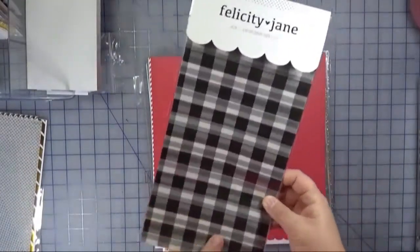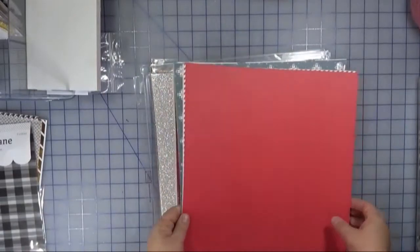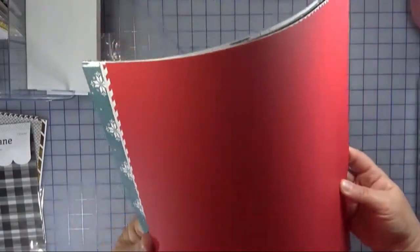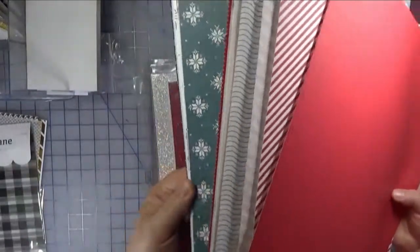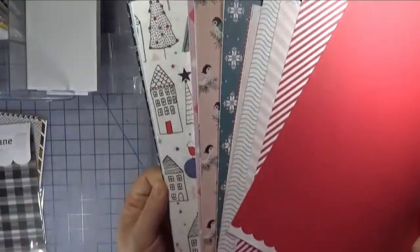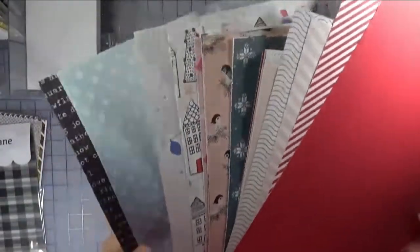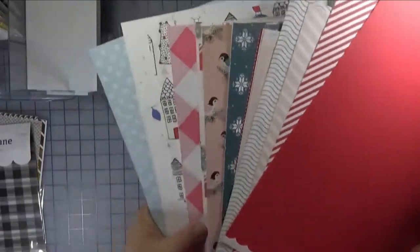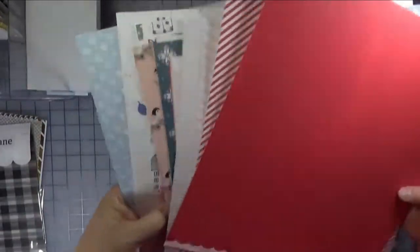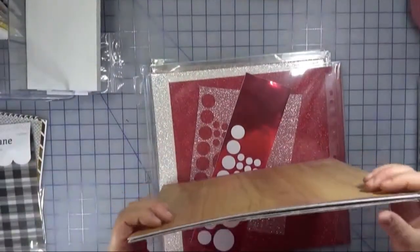The Felicity Jane vellum, and then this is the 12 by 12 paper from Felicity Jane, as well as from the November kit. So just so you get a feel of what's in here, you can see it's really hard to tell where one ends and the other starts, which is perfect. Okay, so I've got a bunch of 12 by 12 paper. I don't anticipate using a lot of this,